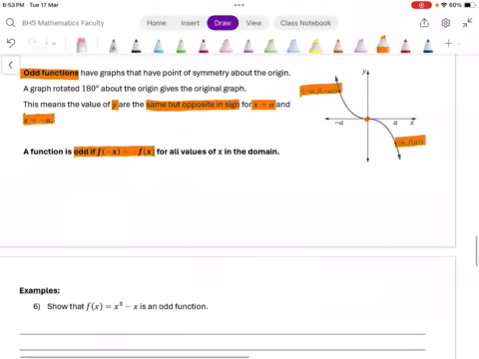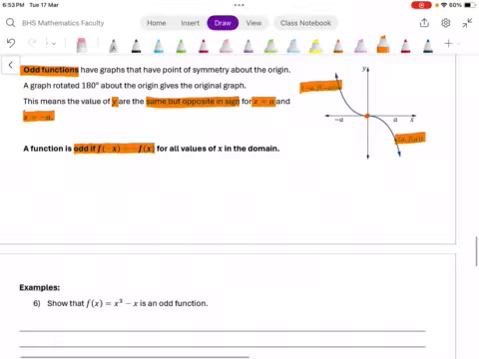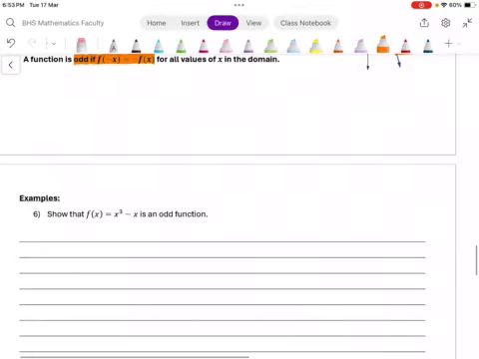Looking at our example on the next page, we want to show that f of x equals x cubed minus x is an odd function. So the first thing we do is the same thing we did for our even functions. We find f of negative x. And so this is equal to negative x cubed